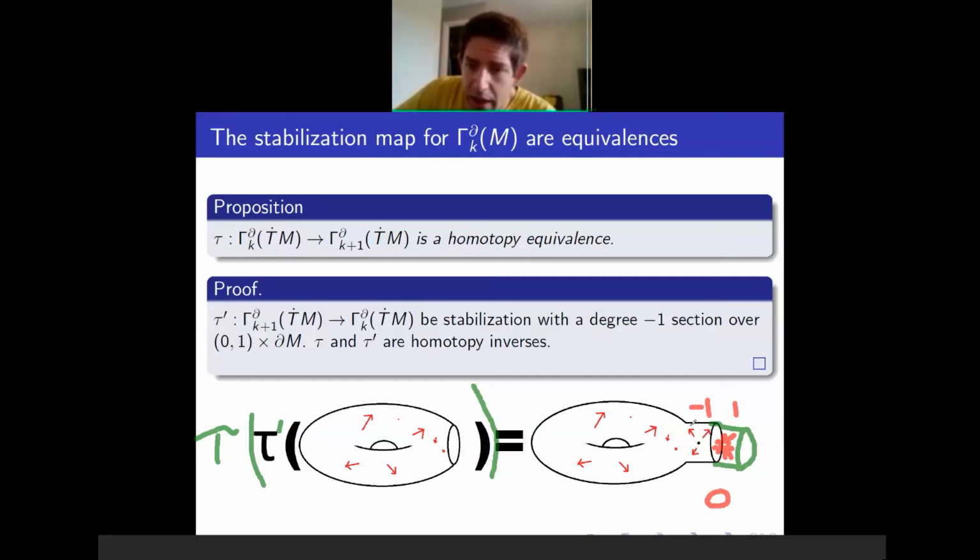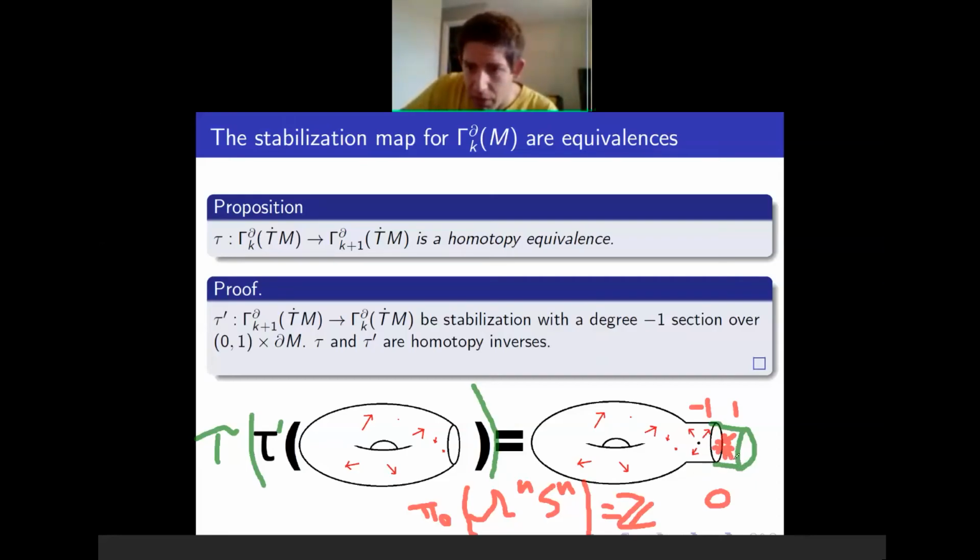You can take this to all be happening in Rn, and you can make your section constant outside of disks. To know that these are homotopy inverses, you need to know that the space of degree 0 sections is connected, and that follows from